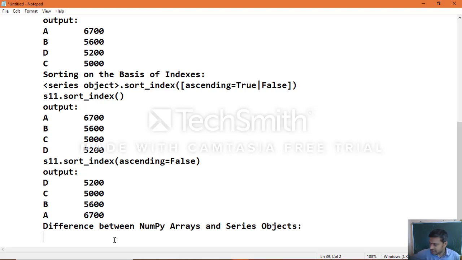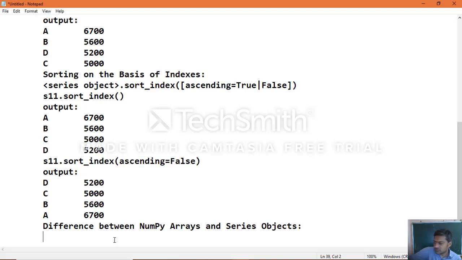Whereas with series objects, when you perform a vectorized operation, the data of the two series objects is aligned as per matching indexes, the operation is performed on those matching indexes, and non-matching indexes return NaN values. NaN is nothing but not a number. So that's the major difference between ND arrays and series objects.